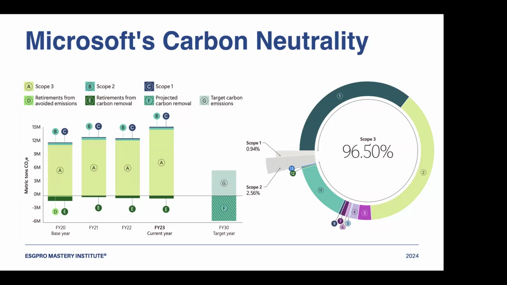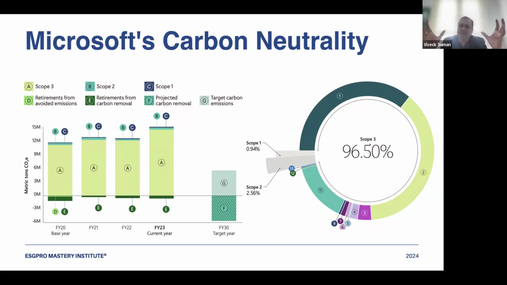Clear? So that is the highest emitter, and this is how this emission comes. One from the data center, which may be 1 or 2, I don't remember now, and one will be from the consumer side who is using it. Even though Microsoft is not directly involved, they are indirectly involved. That's why scope 3. So anything indirect, not in their control, they cannot control how I am using it.